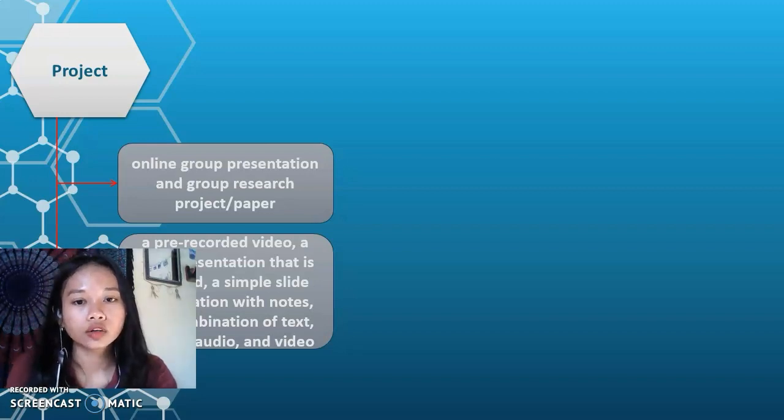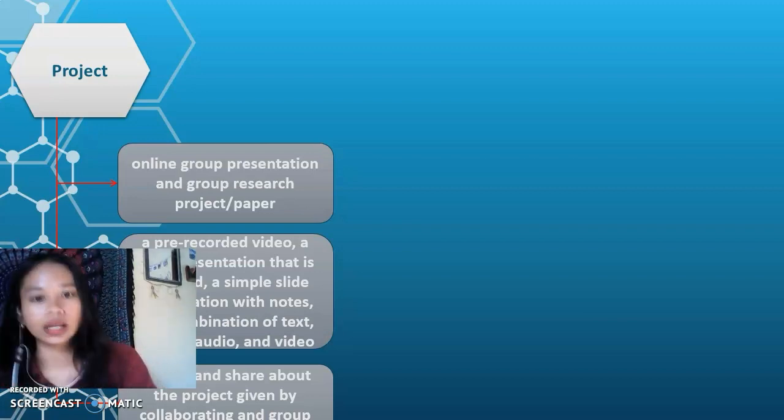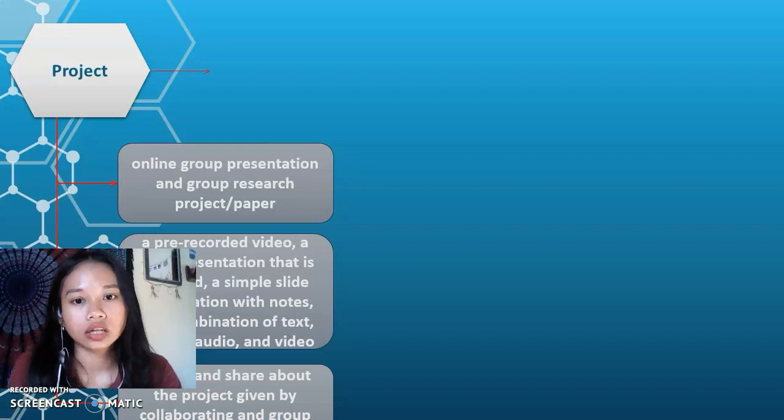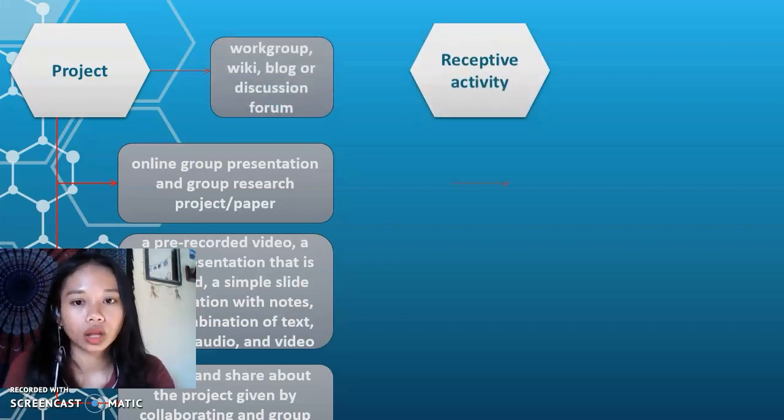While in the group research project or paper, the students discuss and share about the project given, with collaboration and group work as the main focus. The technology related to this activity has multiple options such as workgroup, wiki, blog, or discussion forum.